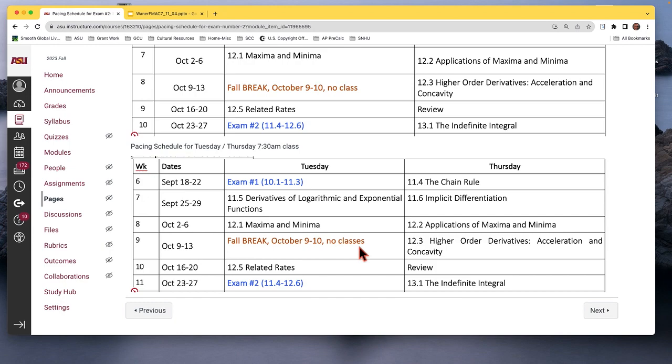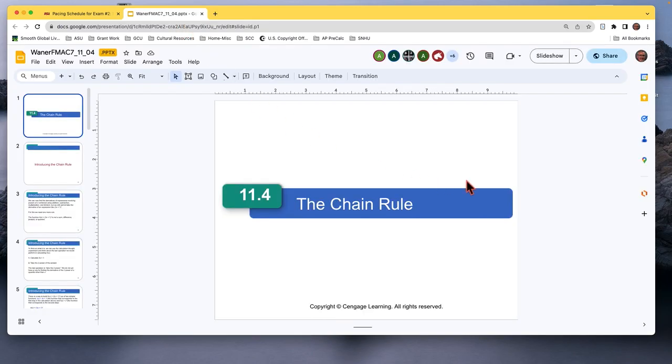Okay, so we'll get to that, and then we'll take another exam, and then we'll do some more stuff, and I think we got one more exam. So there are these three exams, and then there's the final that will be over everything. All right, so let's talk about